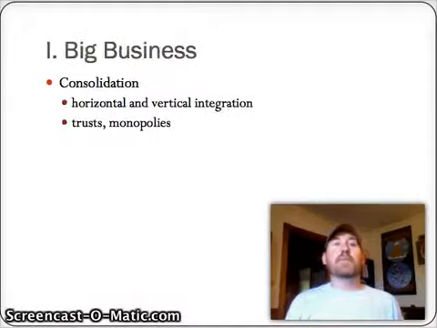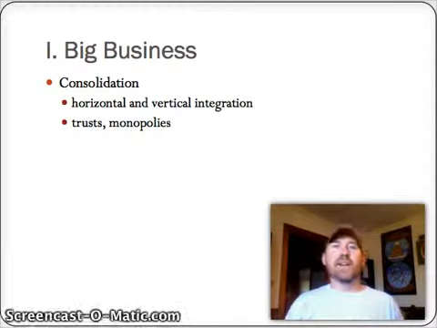All right, so now we move into some of the major points of period 6, along with what we've already previously discussed. But what we're going to see in this period is the rise of big business, the rise of the factory system, and the rise of monopolies and trusts. And what really gets this going, and what allows these monopolies to happen, is a form of business.